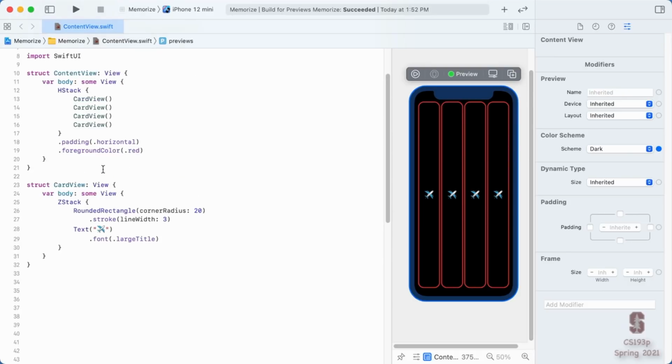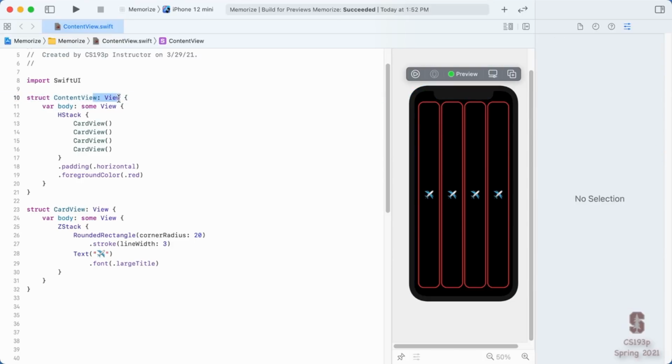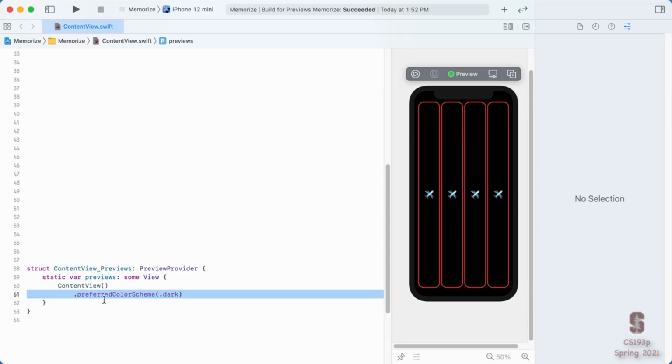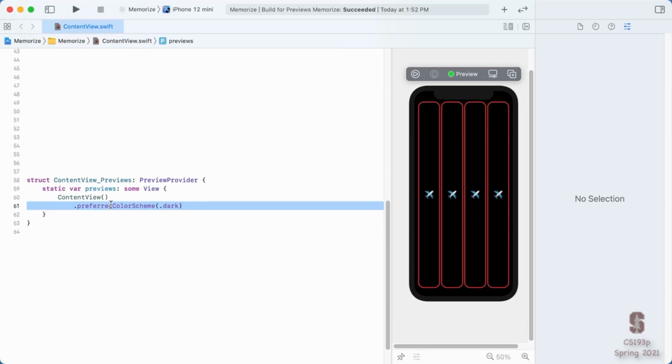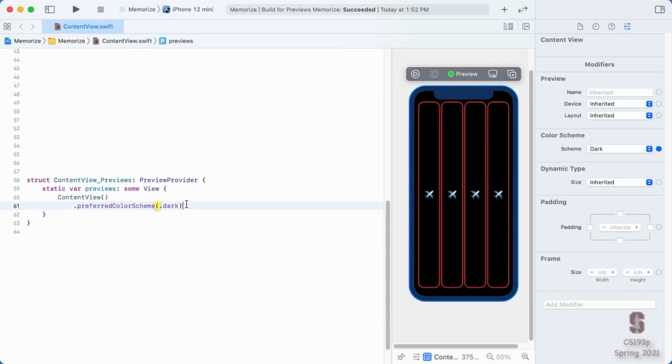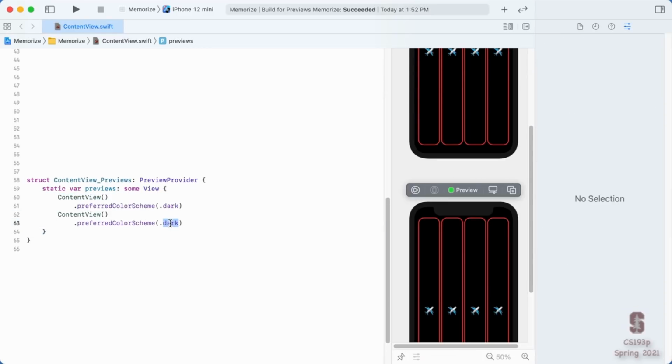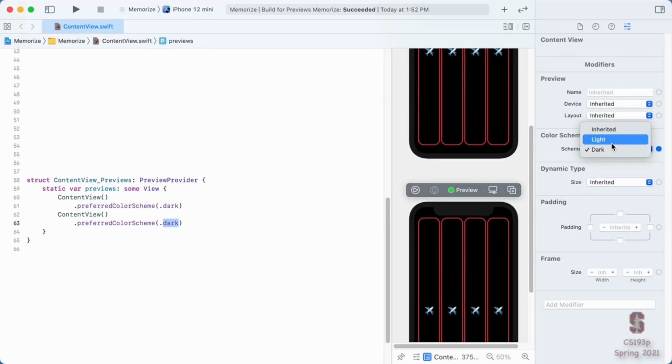Remember, our content view is just a struct that behaves like a view, so it can have view modifiers, padding, etc. So this is just like padding. It's a view modifier that says, hey, when you display this thing, please prefer this color scheme dark. So now I see dark. But what if I want to see it in dark and light? I want two simulators in here. No problem. We can actually copy and paste this and have the second one, instead of dark, be light.